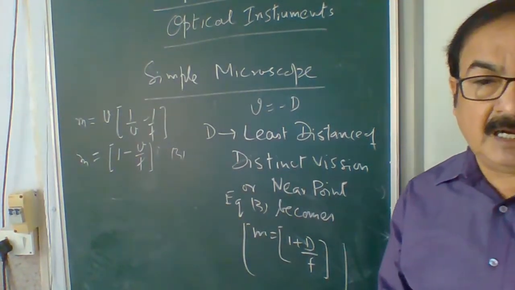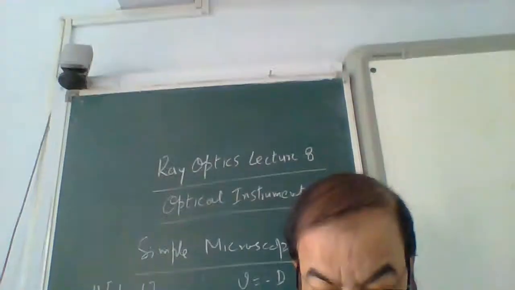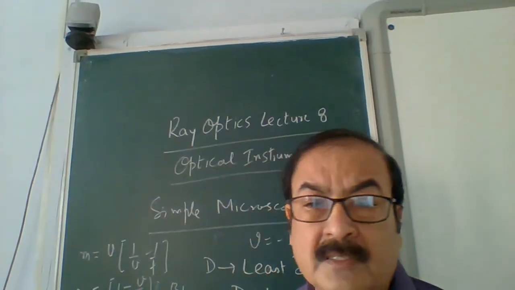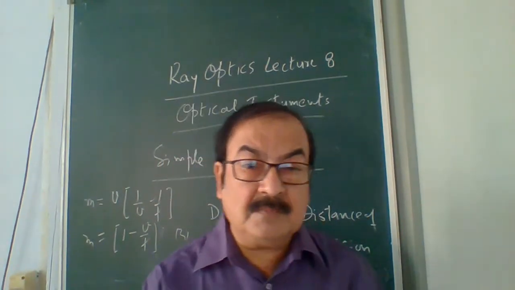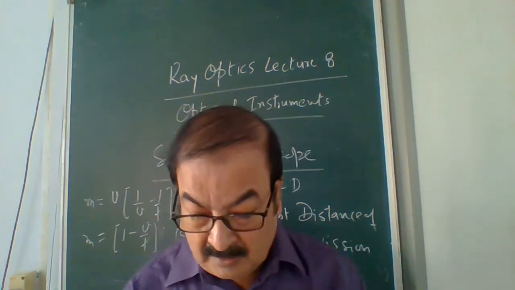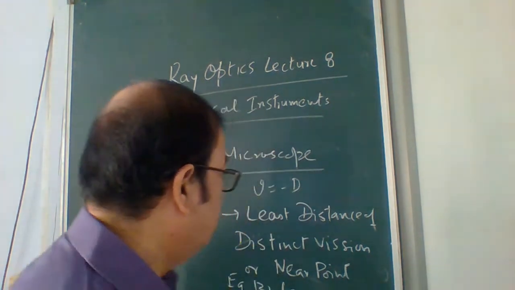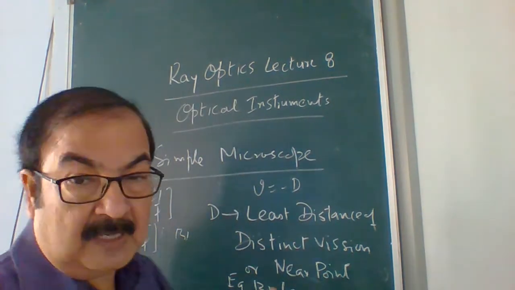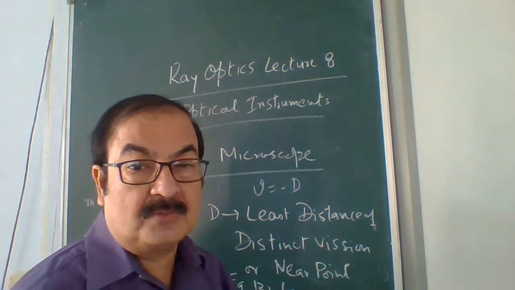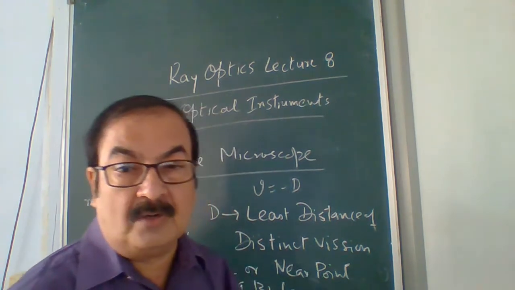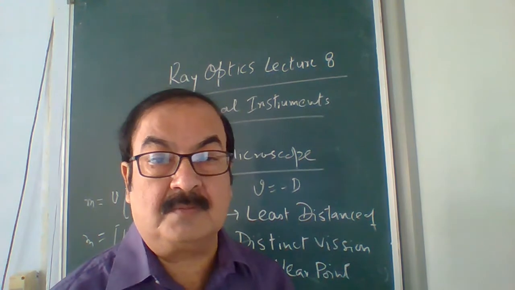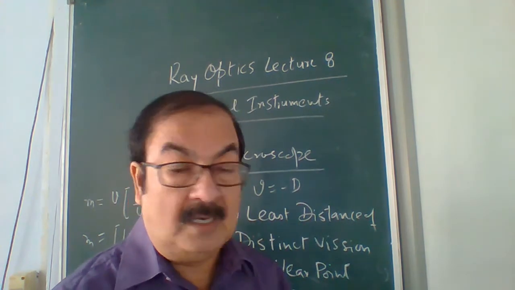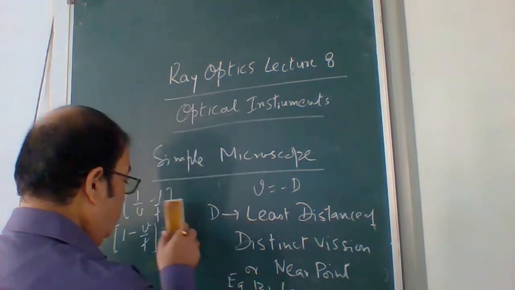Okay. Now I am again repeating what a simple microscope is. If anyone asks you what is a simple microscope, then how will you answer? How will you give the definition that I am just going to discuss? What a microscope is, we have already defined. A simple microscope is a convex lens of a large aperture and small focal length. Remember, I am just writing down all the things.